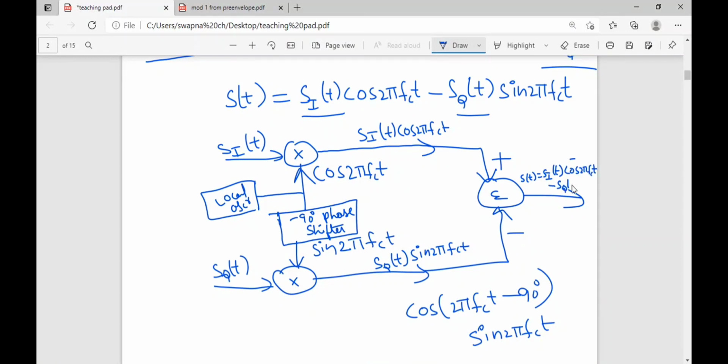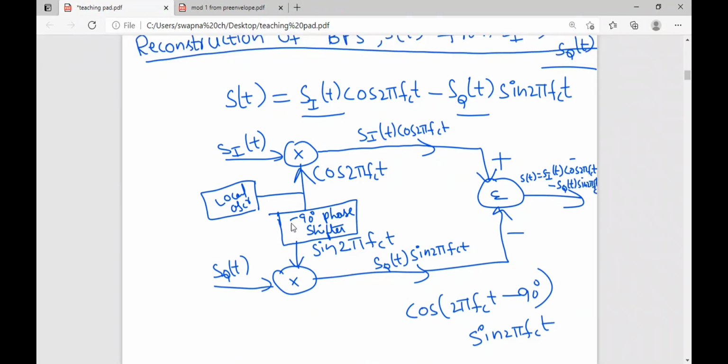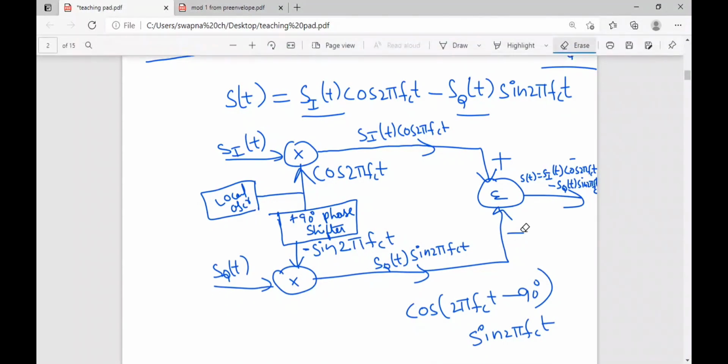Okay, so here if I use plus 90 degrees phase shift, you can note this down. And here if I use plus 90 degrees phase shifter, then here it will be a minus signal. If I take minus here, then these two will be plus. Either way you can implement it. Ma'am, if you take plus 90, you'll get minus sine. That's what I'm saying. If you take plus 90, you'll get minus here. If you take minus here, this should be plus. Yes, so that is what I have explained.